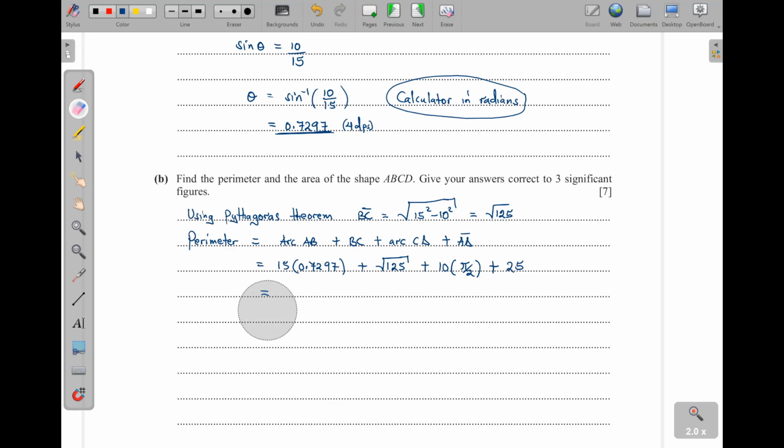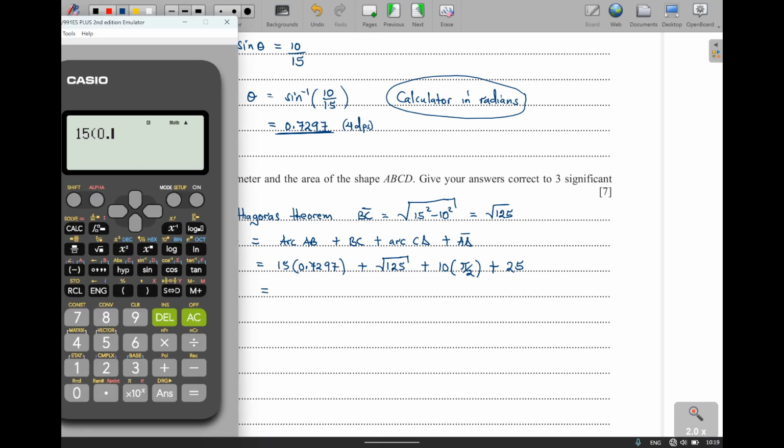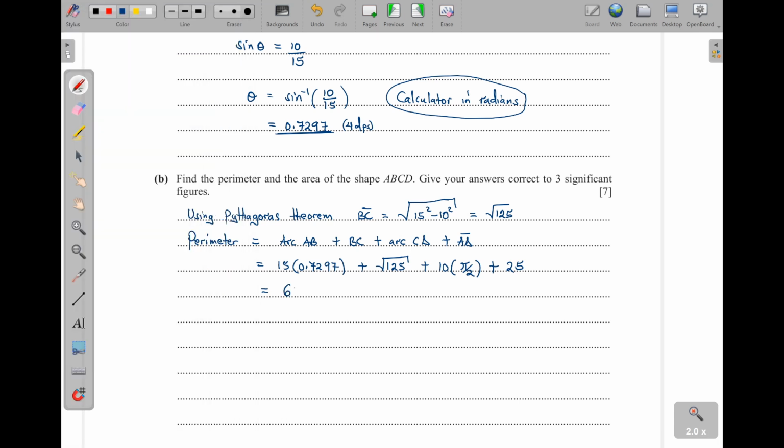That means all together here, what do we get from our calculator to three significant figures? 15 into 0.7297, then plus the square root of 125, then plus, of course, that will be 5 pi, then plus 25. This one will give us 62.8 centimeters to three significant figures. That is our perimeter. Then let's go to the area